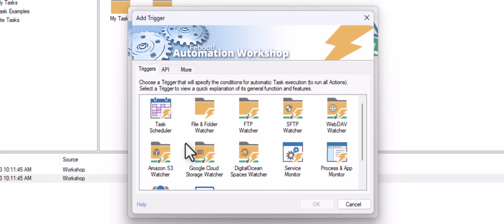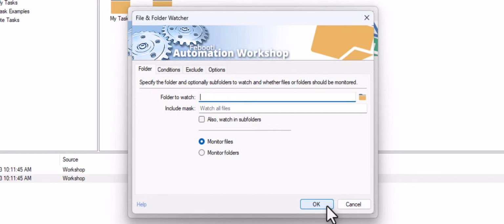To monitor a local or shared folder for new files, we need to use the File and Folder Watcher trigger. Let's specify the folder we want to monitor. In my case, it is the My Files folder.